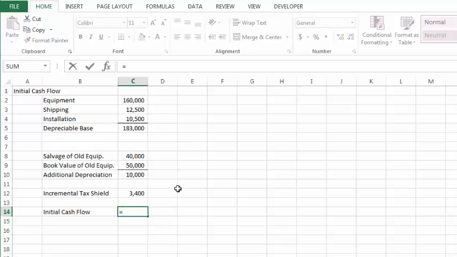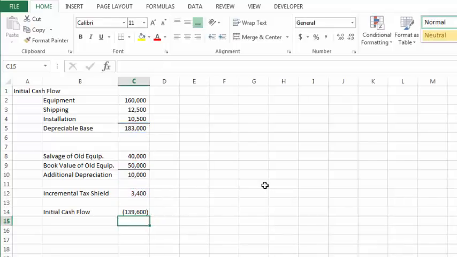Well, let's see. The 183,000 is an outflow, so I'm going to make that negative 183. Then I'm going to add to that the 40,000, which comes in because I'm selling the old equipment and picking up 40,000 after I pay for pulling it out and all of that other jazz. And then I get a tax shield of 3,400 based on that additional depreciation that I'm going to realize immediately. And so I'm going to hit enter, and I'm going to get negative 139,600 as my initial cash flow, which